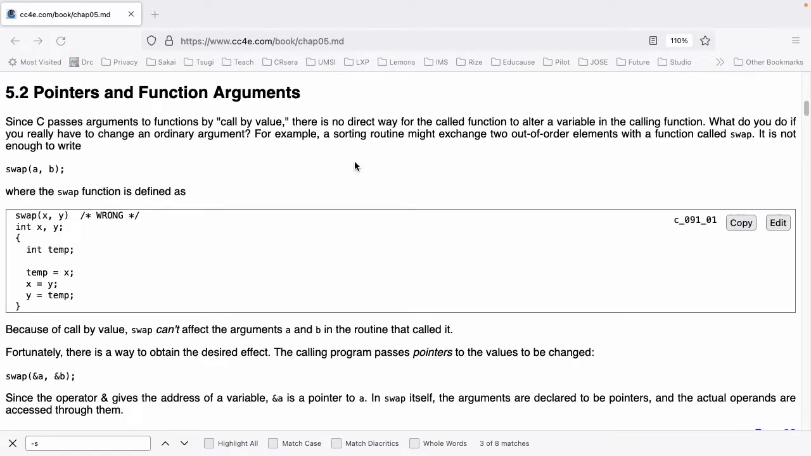Section 5.2, Pointers and Function Arguments. Since C passes arguments to functions by call by value, there is no direct way for the called function to alter the variable in the calling function. What do you do if you really have to change an ordinary argument? For example, a sorting routine might exchange two out-of-order elements with a function called swap. It's not enough to write swap(a, b); where the swap function is defined as